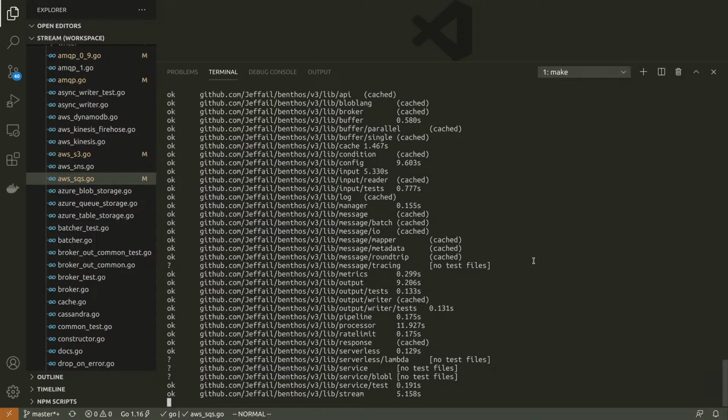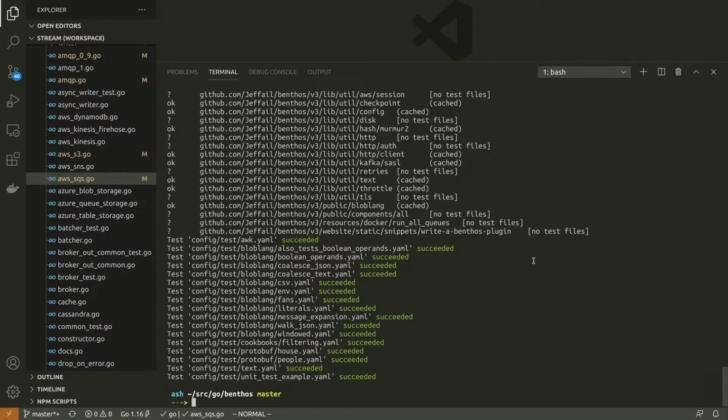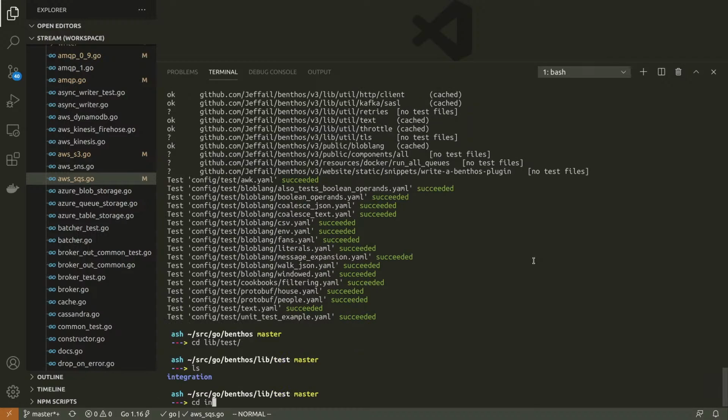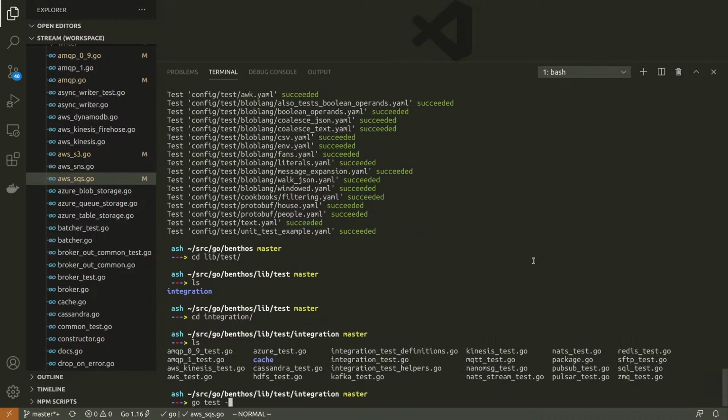And that's looking good, isn't it? That's looking positive. Yep. And now what I'm going to do is I'm going to run the integration tests, but